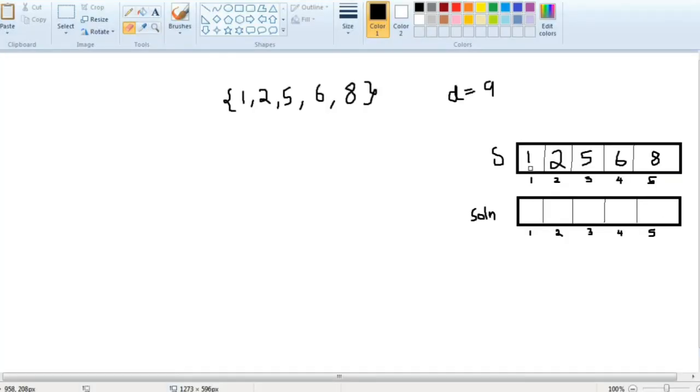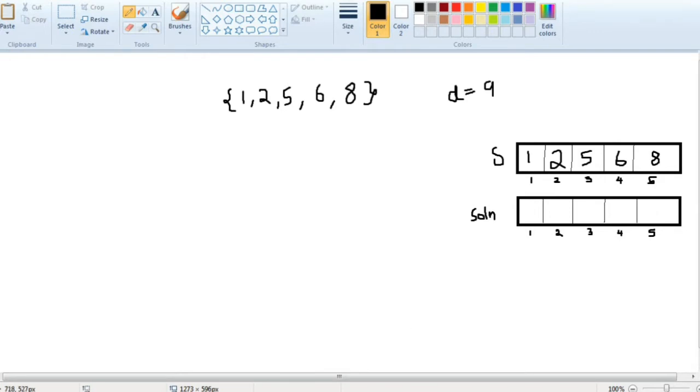Then the solution vector is given by 1 or 0. In this array we'll have just 1 or 0. Whatever element we select, like suppose that we selected 1, 2 and 6, at that time we'll have 1, 1, 0, 1 and 0 here. So 1 will be for 6, 2 and 1. The elements which we are selecting, if they give the solution, are marked 1. The elements which you don't want will be marked as 0. So let's proceed with the program.